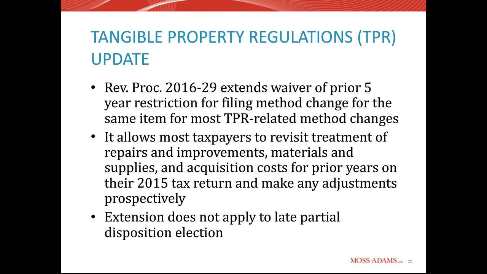But what it does not allow is for taxpayers to go back and file accounting method changes related to partial dispositions, that roof example. If you had done that back in time, there's no opportunity to go back and claim those partial dispositions in prior years. That was lost with filing your 2014 tax return. But everything else is back in play now, and there should be a ton of opportunities related to repairs that were capitalized that should have been expensed. Ghost assets are another one. Material supply acquisition costs as well.